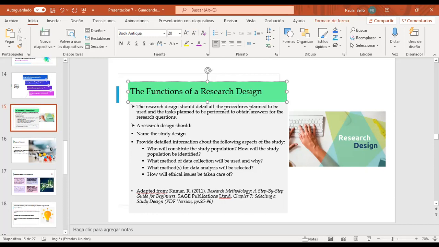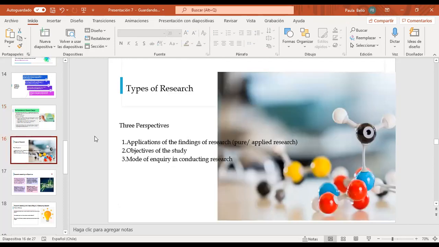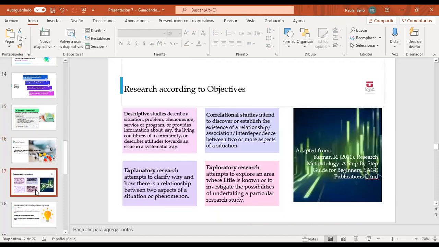One part is the method. Remember that in Kumar last semester, we saw that we have 3 types of research, 3 perspectives: the applications of the findings, the objectives, or the mode of inquiry. And here we have two of the examples. One is the research design according to objectives. And this is what I was mentioning before, whether we want to just describe a situation or we are exploring something